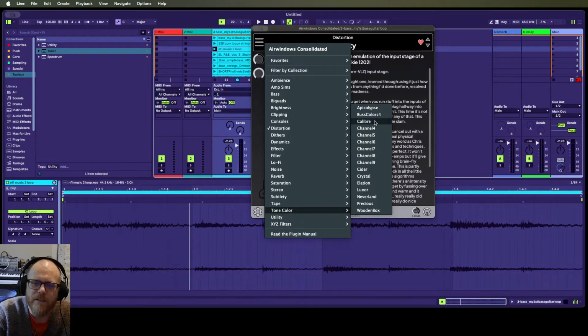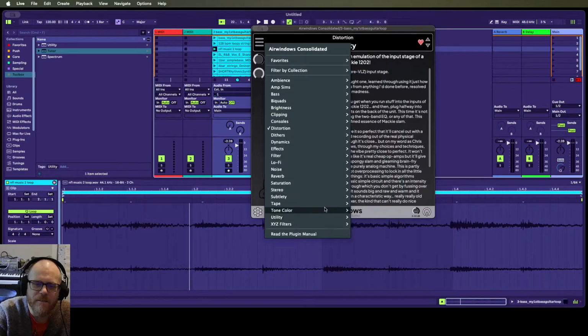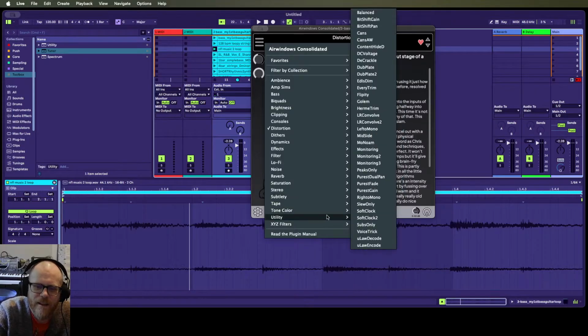We're going to come back and look at some of these. It looks like there's about 12 or 15 of these. And then utility. There's some pretty handy stuff in here. Like if you want to get a mono signal out, you can do that. If you want to turn your stereo into a mid-side signal, you can do that. Fades, gain, slew, all kinds of stuff. The utility stuff, right? Maybe if you abuse some of these, you can get some weird effects, but probably they're just going to be aimed at just doing